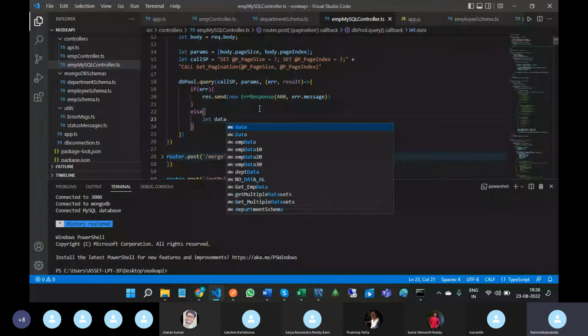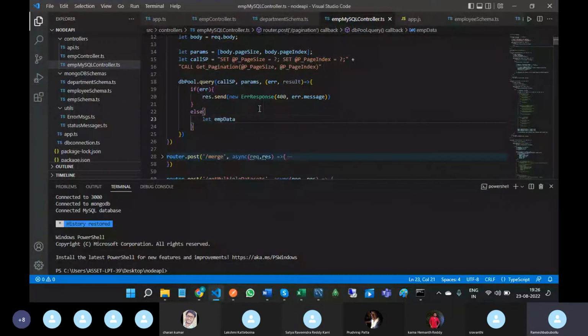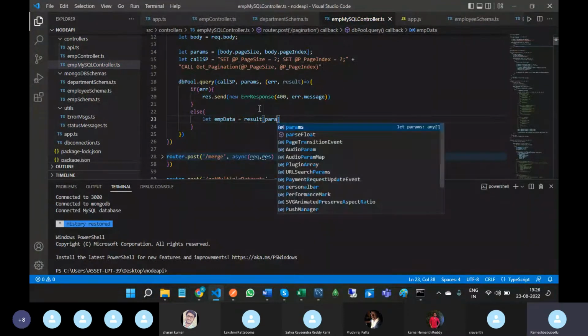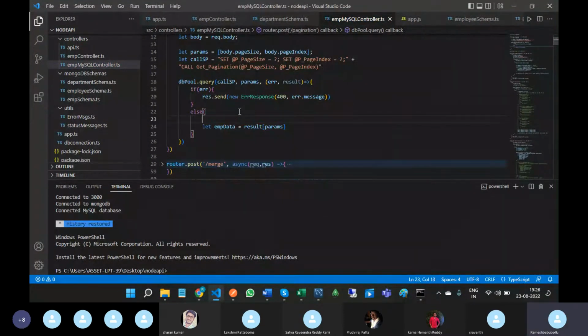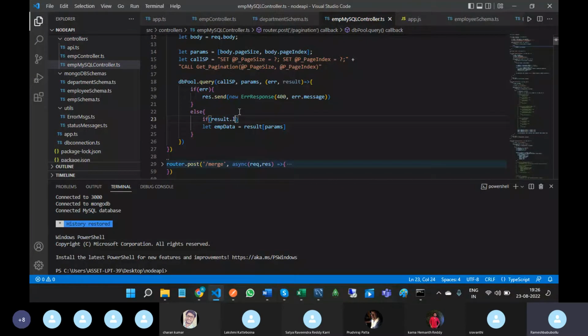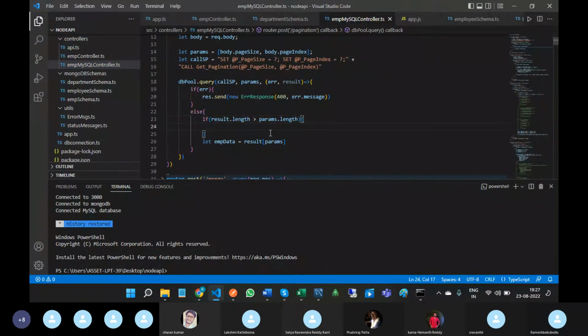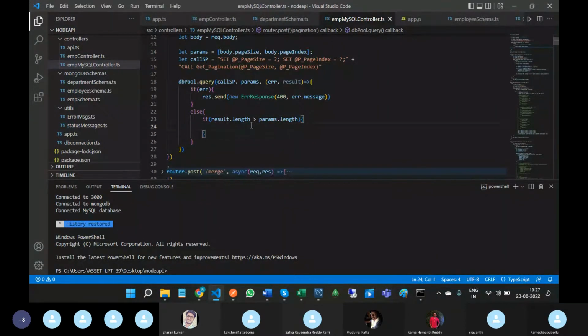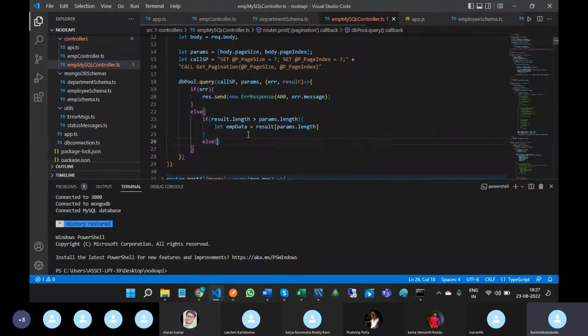Let emp data equal to result of params, sorry, we forgot to write this: if result.length greater than params.length, and result of params.length, and here else